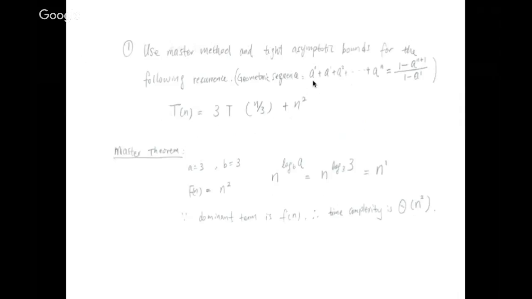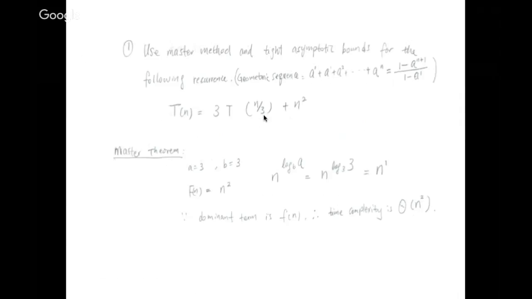That's a to the power of 0, plus a to the power of 1, plus a to the power of 2, plus etc., until we add a to the power of n. So this sequence equals (1 minus a to the power of n plus 1) divided by (1 minus a to the power of 1). Okay, so if we use the master theorem, then we know a is 3 and b is